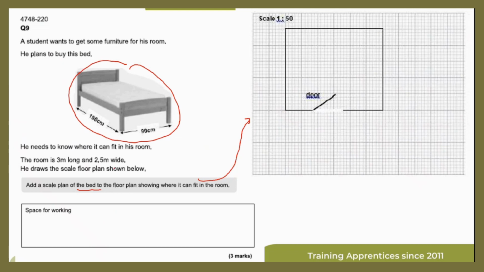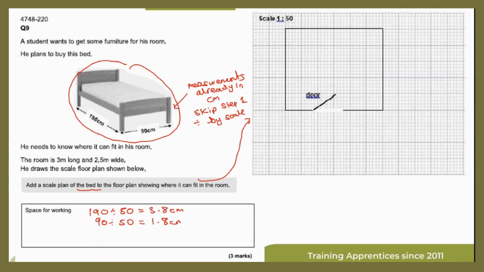So our first step is to convert our measurements to centimetres. Now, here they're already done. So because the measurements are already in centimetres, we can skip this step, skip step 1. And then we just go into dividing by the scale. So we know our scale here is 50. So we're going to do 190 divided by 50 and 90 divided by 50, which gives us 3.8 centimetres and